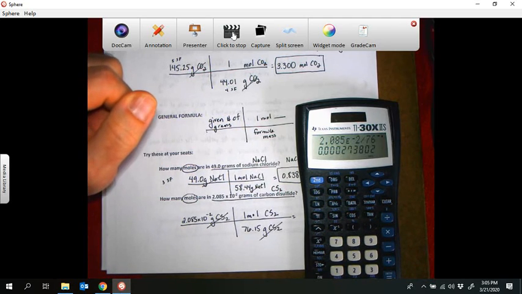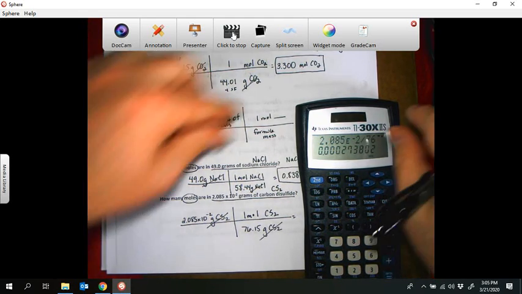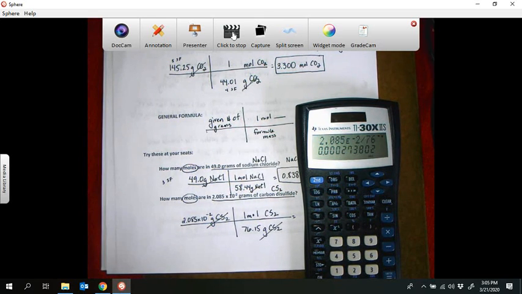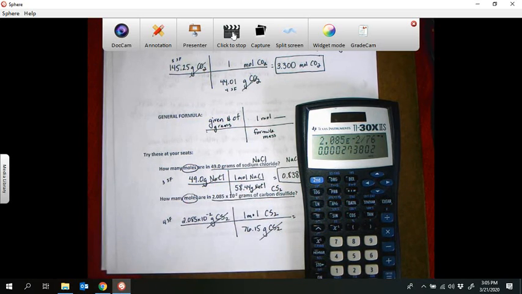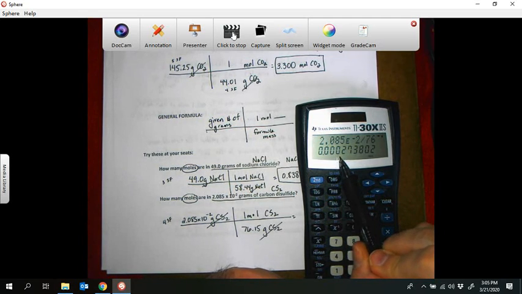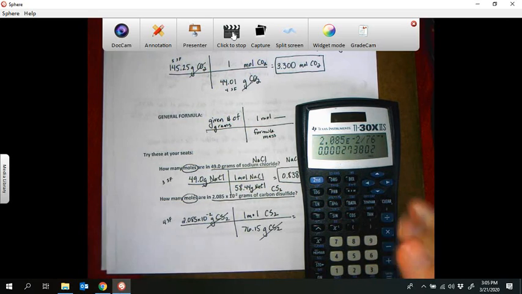And we get this really small number. Now, it's fine to report it to the correct number of significant figures, or we can put it in scientific notation. It doesn't matter, they're the same number. So we need 4 significant figures. 2.085 times 10 to the minus 2 is 4 significant figures. 76.15 has 4, so 4 is our least number. These zeros in front don't count, so 2, 7, 3, 8 are our 4 significant figures. We look one past there, that 0 does not bump that 8 up to a 9, so we end up with